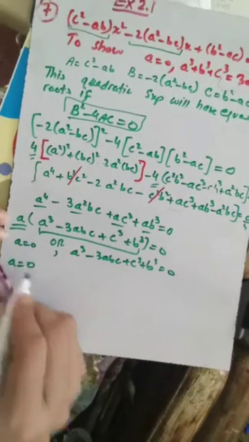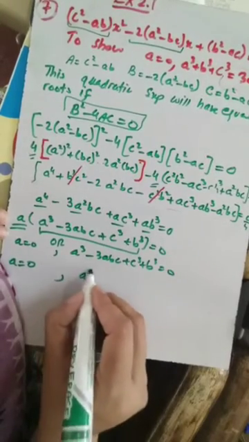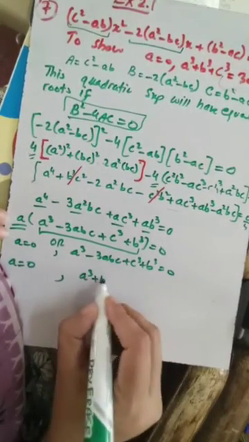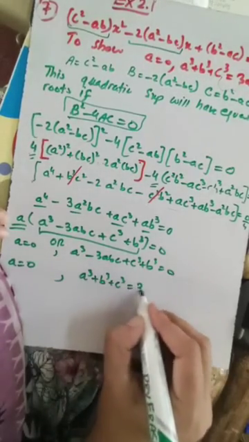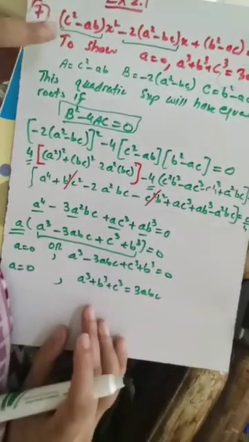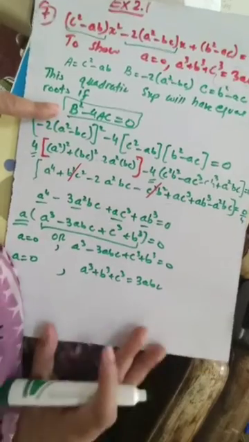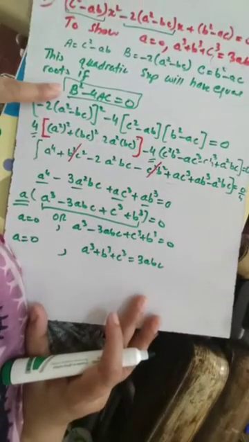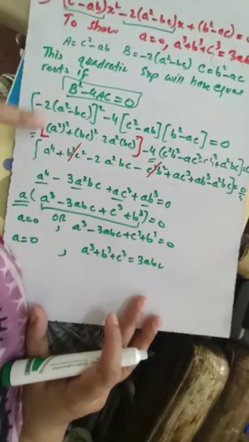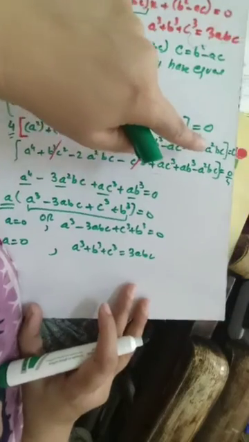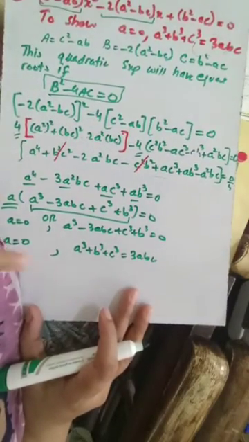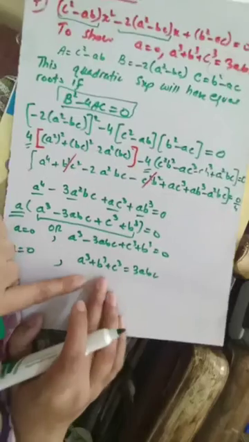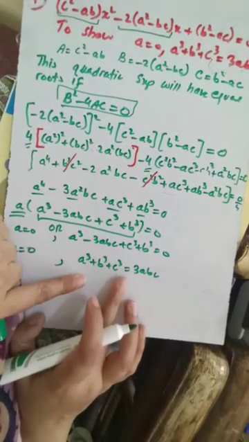So it means that either a is equal to 0 or a cube. Let me write this b cube first and arrange it, and then 3abc shifted to other side will give us 3abc. So we are going to have equal roots if this discriminant is equal to 0, and the discriminant will be equal to 0 if this whole expression is equal to 0, and this whole expression equal to 0 implies that a is equal to 0 or a cube plus b cube is equal to 3abc,